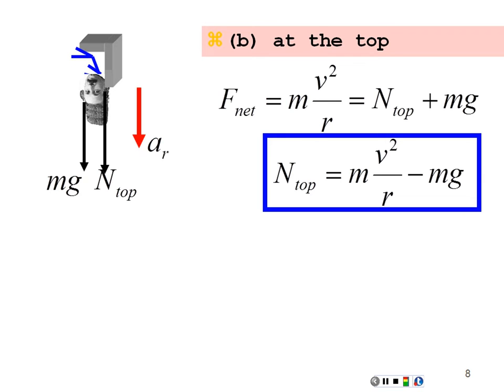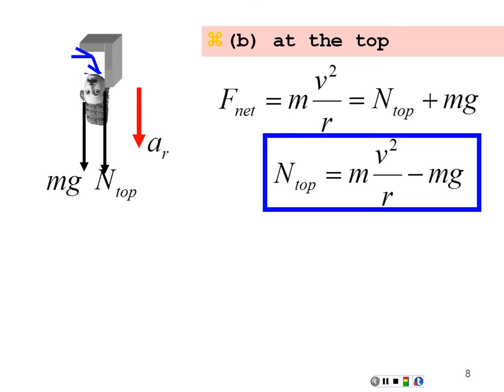Now we can see that if we're moving fast enough at some radius of this circle, it's possible that this first term will be equal to our weight. And at such a point, we actually will leave the seat and not really even touch the seat. The seat won't have any force on us, and we'll feel at that moment like we're weightless. How about that? In other words, gravity would just be enough to supply the centripetal force, nothing more, nothing less. We won't fall, but we won't move outward either, and we'll feel like we're momentarily weightless.